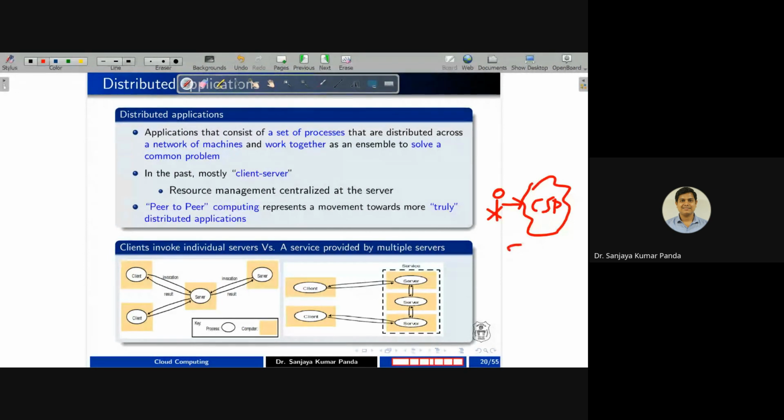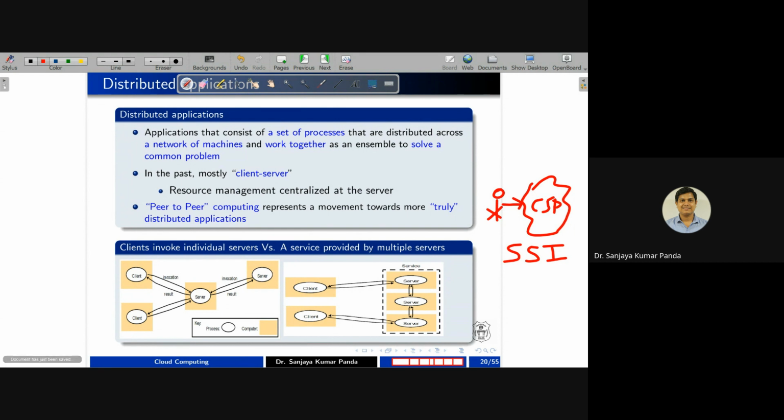That's why we call that a single system image. The whole system is treated as a single image. Although it is not a single system, maybe a lot of systems are working for that particular application. But in order to avoid complexity in the view of the user, we treat it as a single system, so they can solve that particular problem.